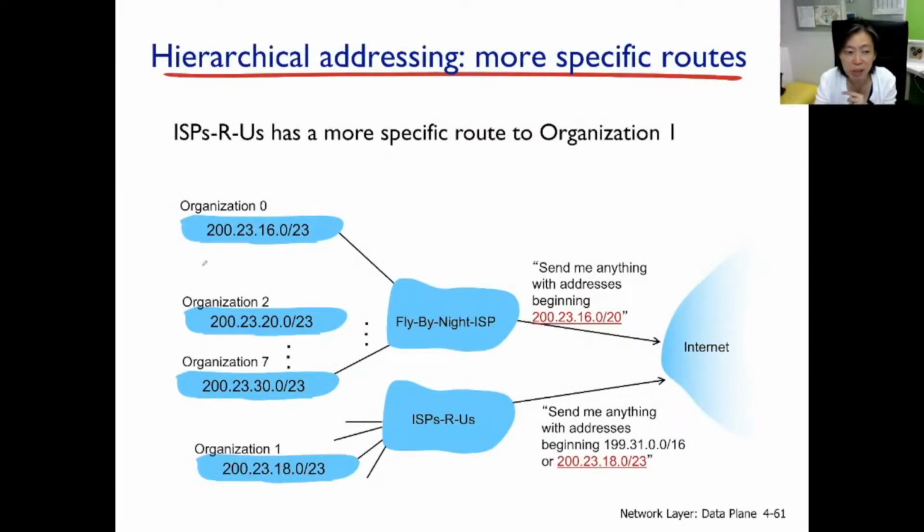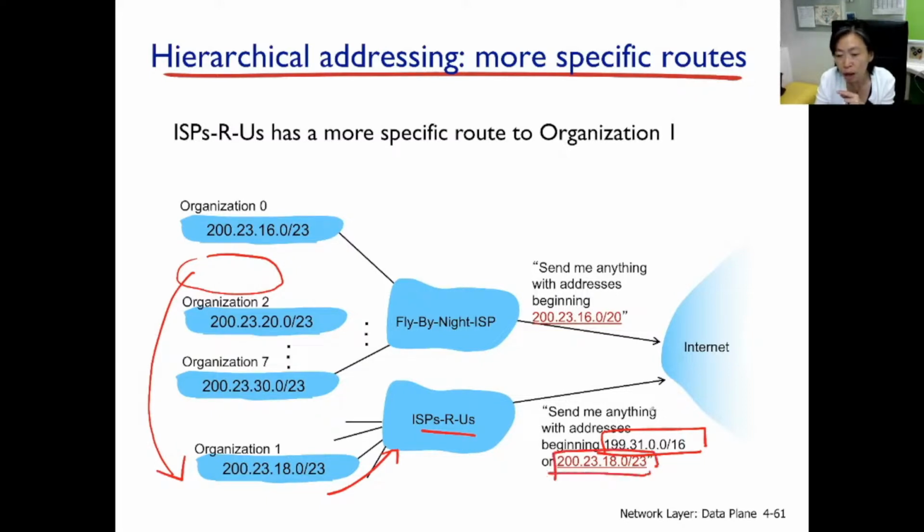So the slide here is actually introducing a very interesting scenario. Organization 1, originally here, is moved down here to a different ISP. So that prefix advertisement will travel down this way, and ISPRS will try to aggregate it with the original IP address block. Well, ISPRS will find that unfortunately the two of them are not aggregatable. In this case, 2 separate advertisements will go out into the internet. The forwarding table here will contain 2 entries. One starts with 199, and one starts with 200 dot something